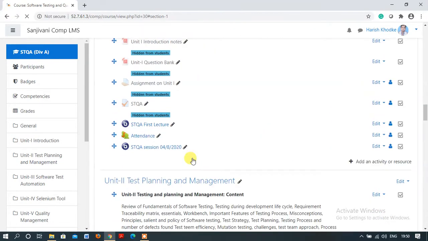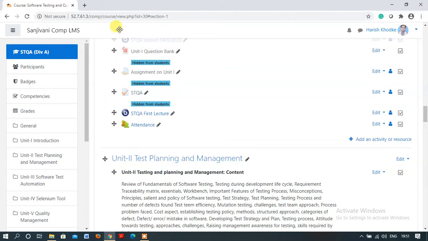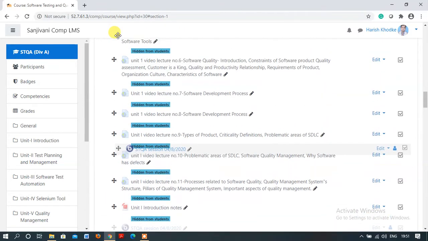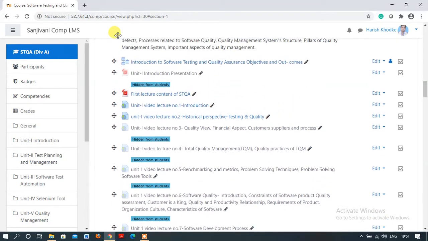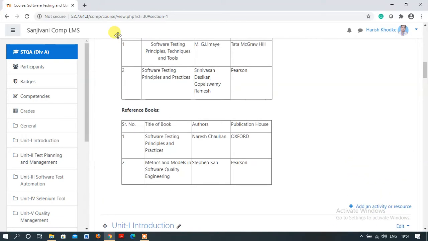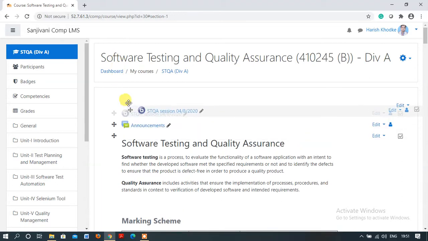But students may also have trouble going from the front page through all these things. So a better way is to add it in the announcement section. Just select the plus sign, and with the help of the arrow you can drag it to whichever location you want. Now I want this BigBlueButton at the front side. You can add it here at the front, and if you want it in the announcement, double click on announcement, and here also we can add it. So this is my BigBlueButton.